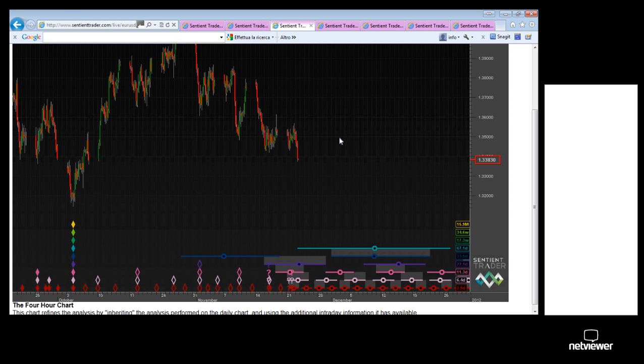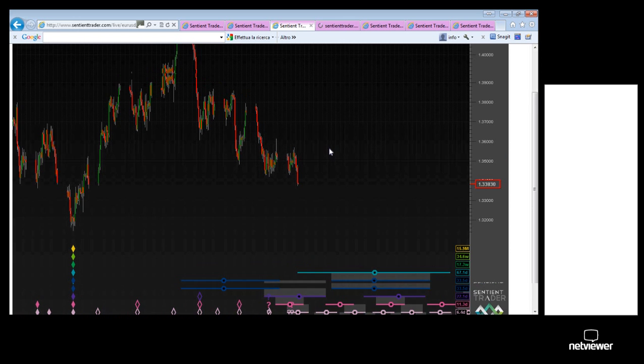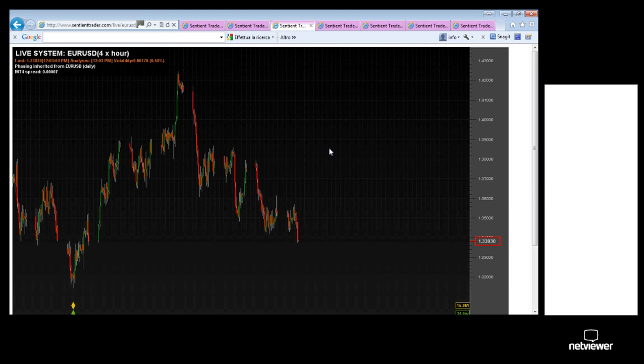But there is a steep learning curve when one first starts working with Sentient Trader. One has to understand quite a few concepts, which is why we so highly recommend doing the workshops, which